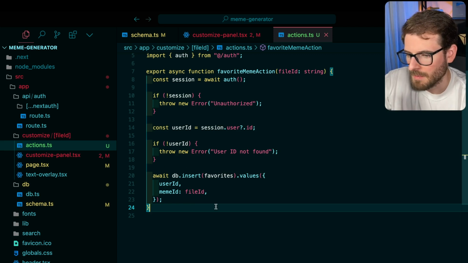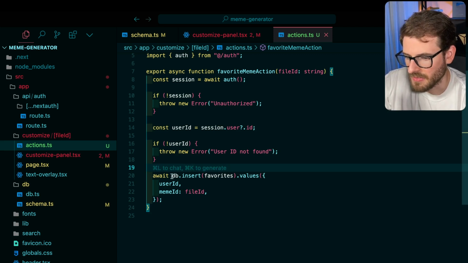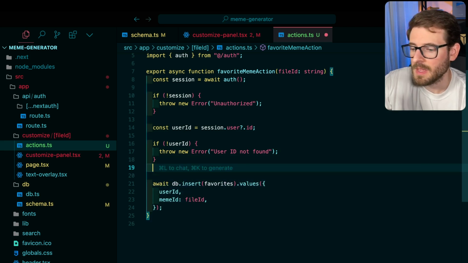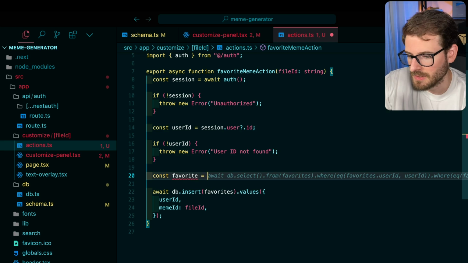Okay, but what if they've already favorited the thing? Do we want to insert it every single time? Probably not. So what I'm going to do first of all is I want to get the favorite. So let's do an await